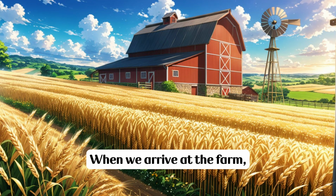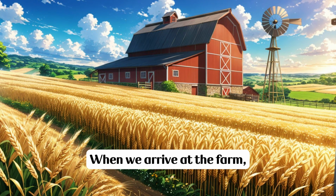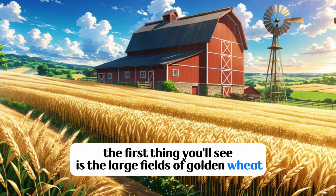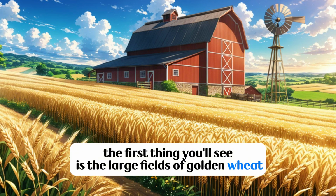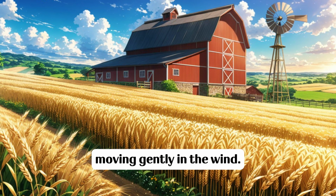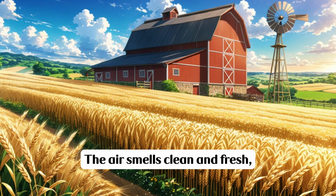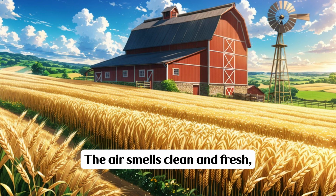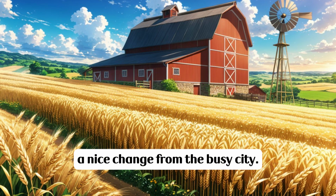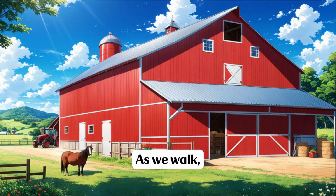When we arrive at the farm, the first thing you'll see is the large fields of golden wheat, moving gently in the wind. The air smells clean and fresh. A nice change from the busy city. As we walk,